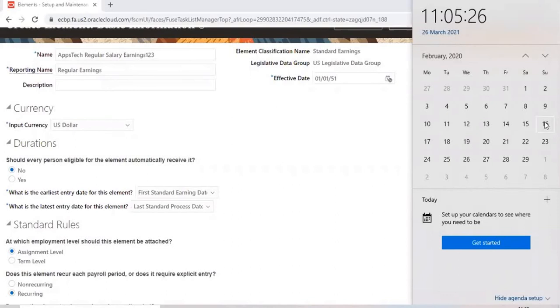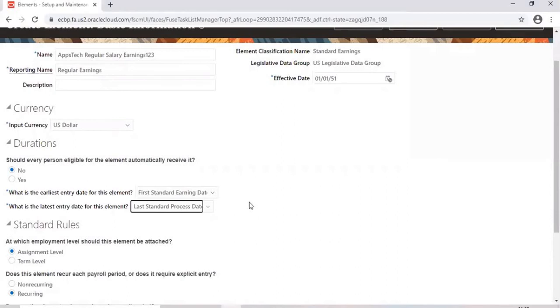If you define that element as a final close date, it means when you are terminating an employee, after termination, yes, that element will be processed in that particular payroll period. But even after termination, maybe after 3 months or 2 months, if you want to run that particular element, the system allows you to process that element for the terminated employee. If such a requirement is there, you define that element as a final close date.